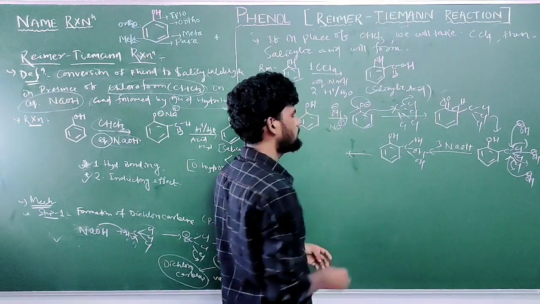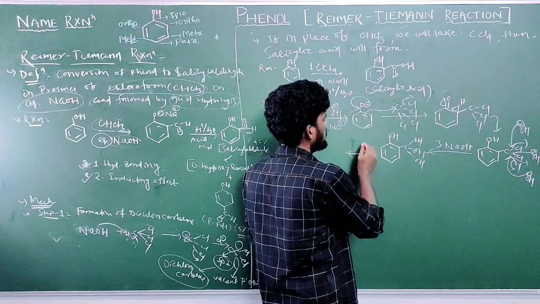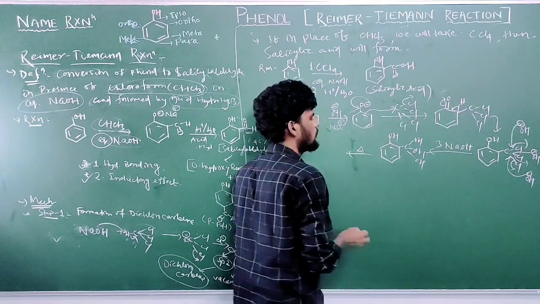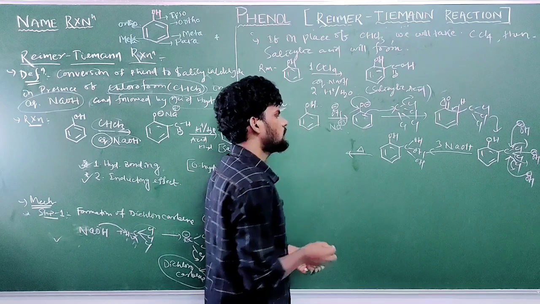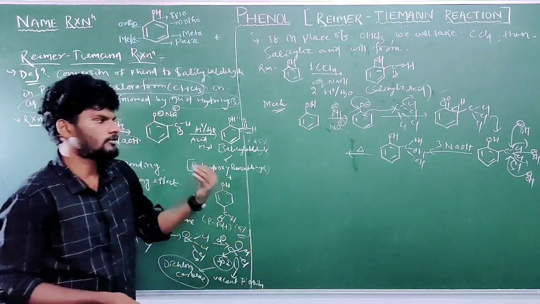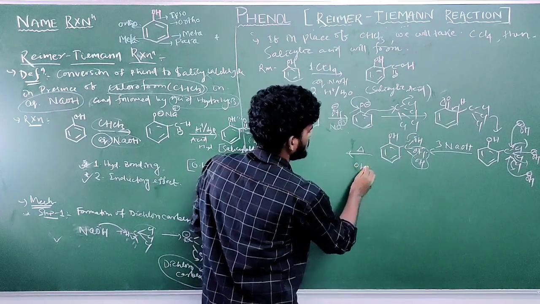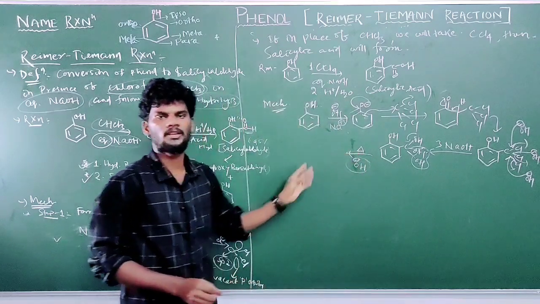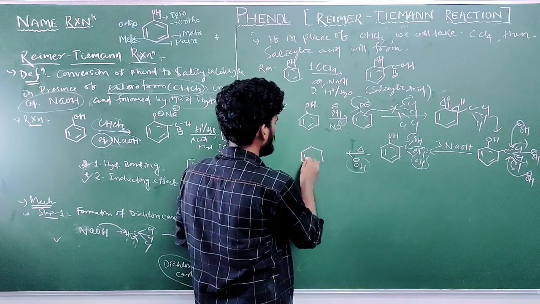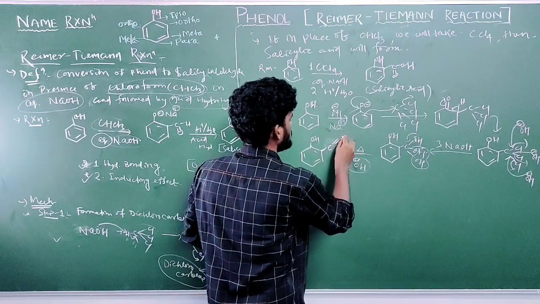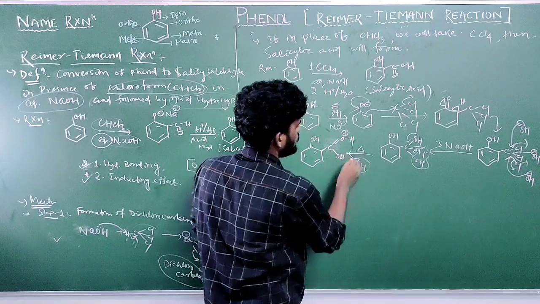In the next step, if you normally heat the reaction, why are we heating it? The OH group is not a good leaving group. So to proceed with the reaction, if this lone pair returns, the OH group releases OH minus. OH minus is not a good leaving group, that is why we give heat. So what is forming now? Here C double bond OH, oxygen donates electrons, positive over oxygen, and one OH group is released.